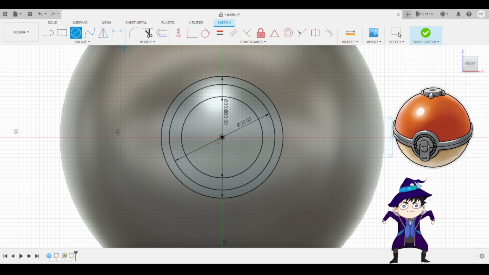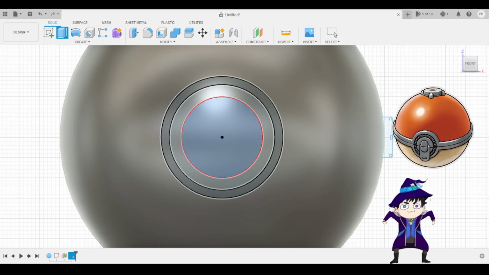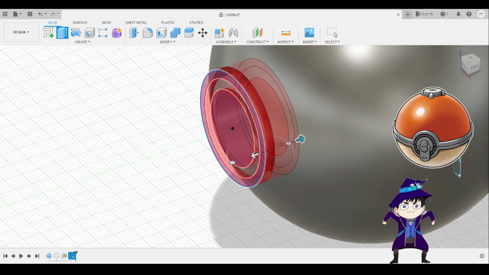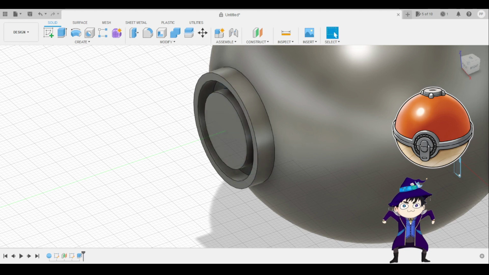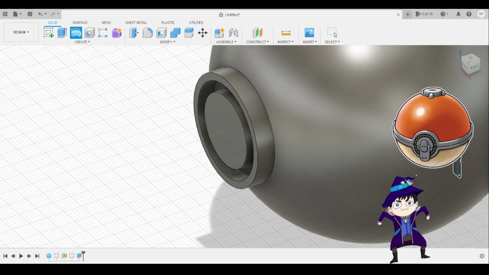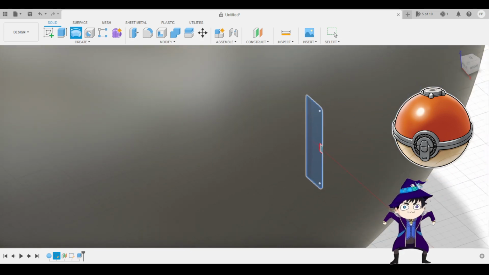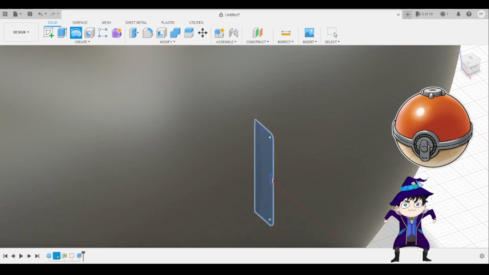Okay. Let's extrude these 2, two sided. One side was -10, while the other one was 2. Okay, now how do I get you? And more specifically, both of you